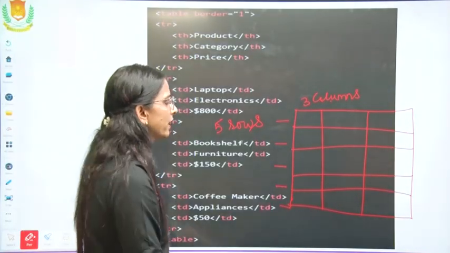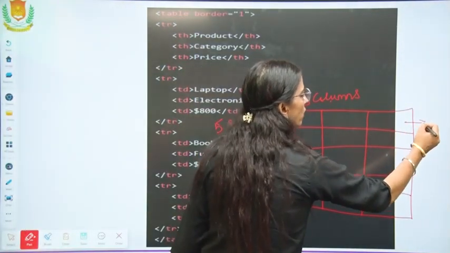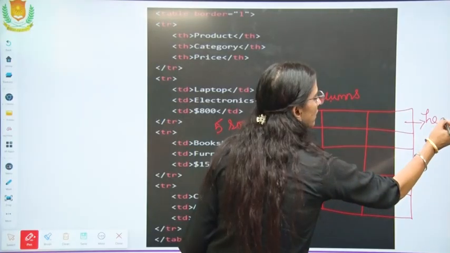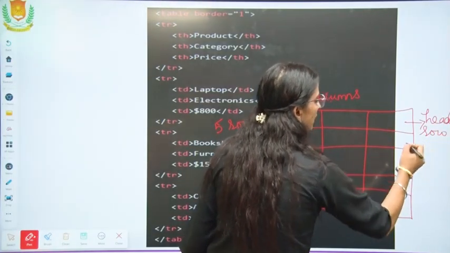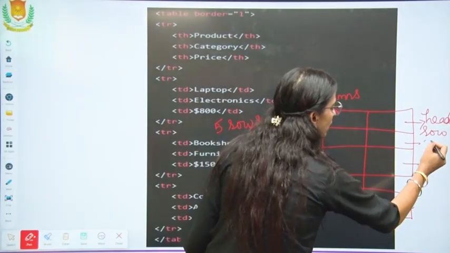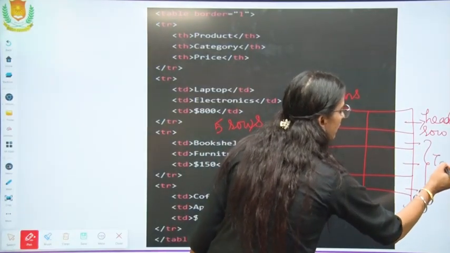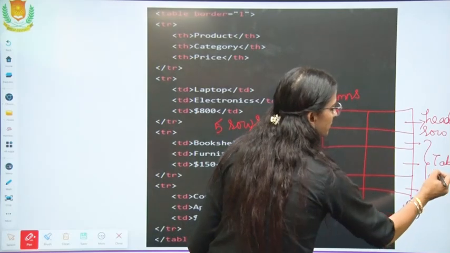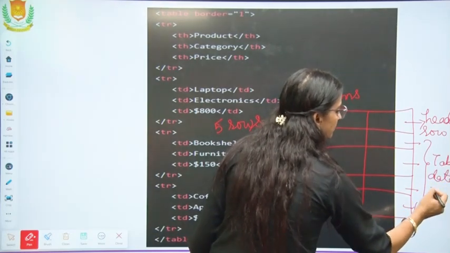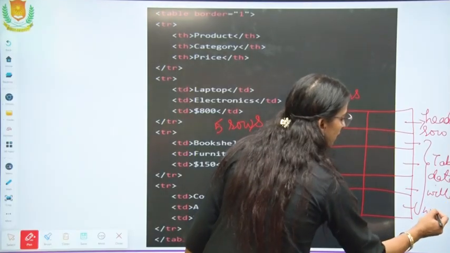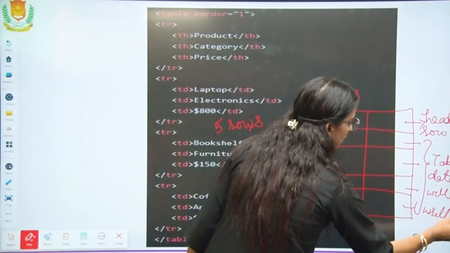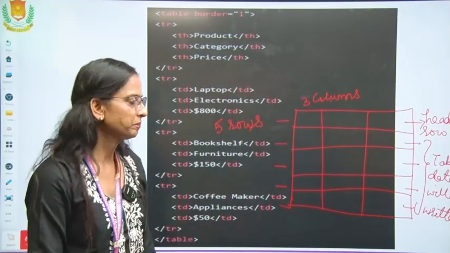This first row will be known as the header row, and these are the other rows where table data will be written.